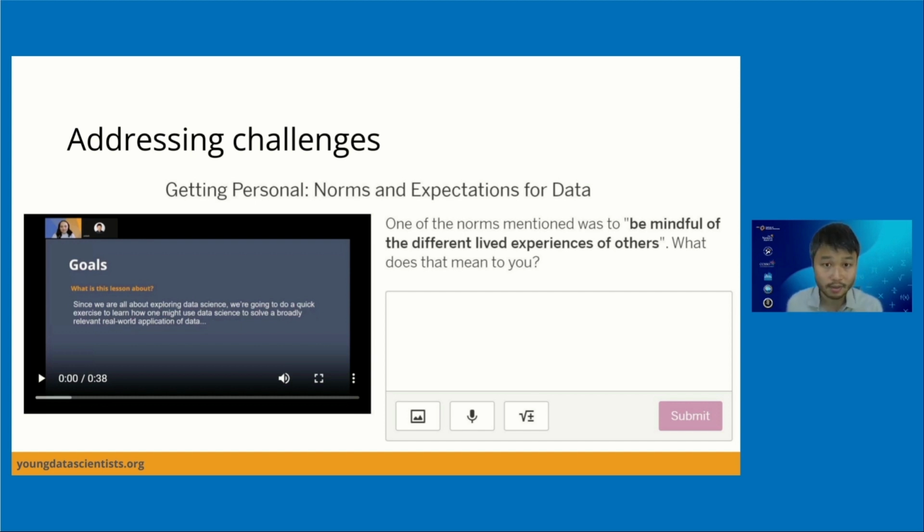Because of our different backgrounds, our locations, where we grew up, how we grew up, our perspectives on the world may be different, and it's important to foster a classroom environment where this is possible. In this case, we also find it really productive to get students to contribute to the norms themselves. We ask them the questions, what would it take for a norm or an expectation of my peers to make